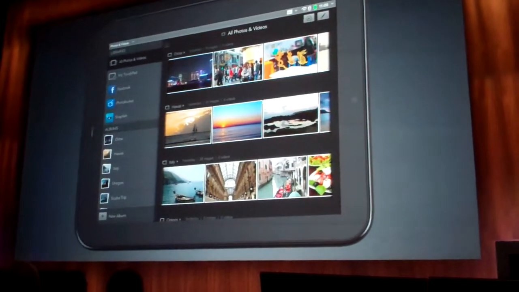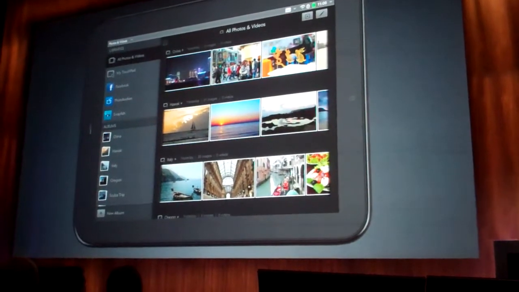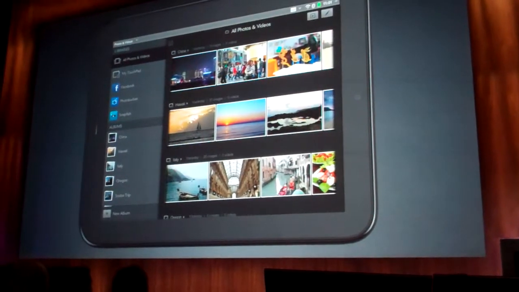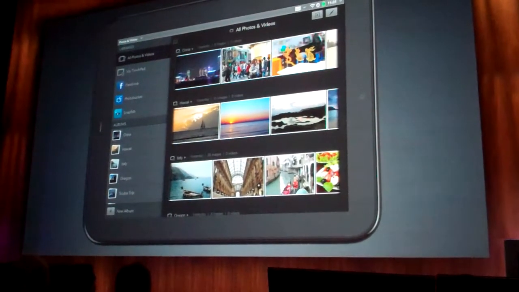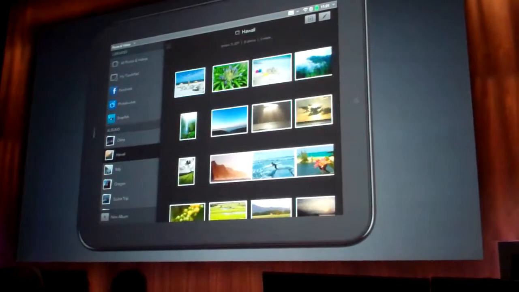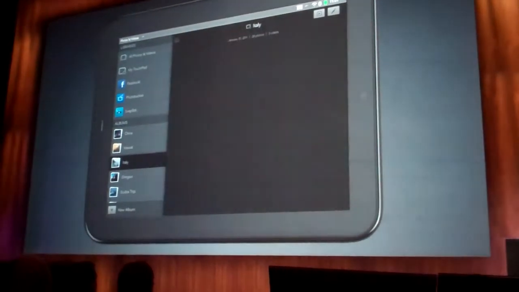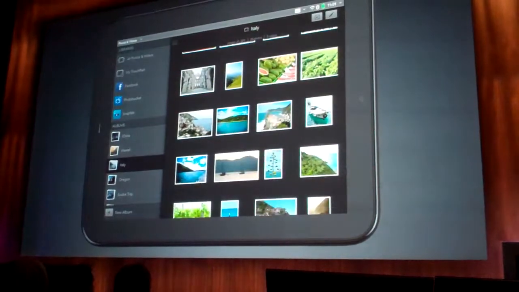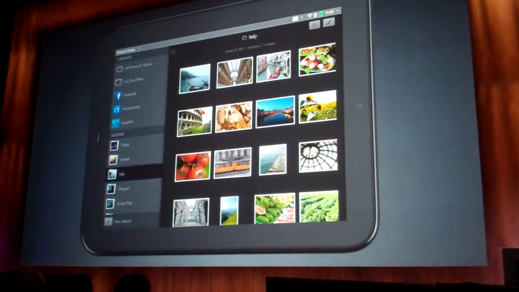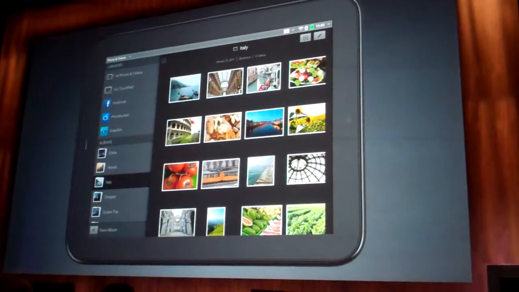On the left-hand side, I have my albums. On the right-hand side, you can see the pictures. Using the film strip, I can get a sneak peek of what is inside the album. If I want to drill down, I can select the album name here. Here's some pictures from my Hawaii trip last year. These are from my trip to Italy back in 2008. Some great memories here. But in addition to my local albums, I can also view my connected albums from Facebook,